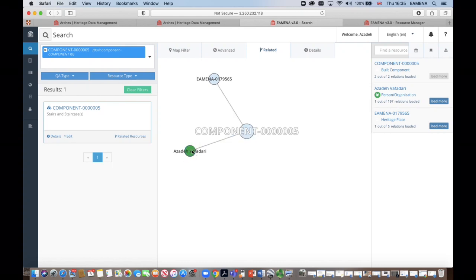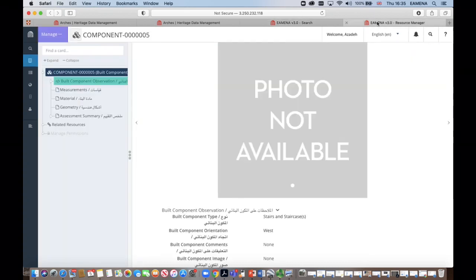has a person organizer as an assessor, which has my name on it, and it's also related to the house. So the first record that was recorded for this heritage place is my house, which is this record, and then my component, the staircase, is the one that I want to add my detailed condition assessment to. So I click on edit of my component, and then in the new page I go directly to my